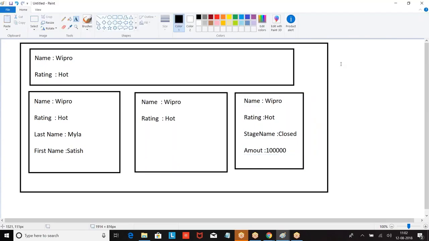Now this is how we got. Now, if you observe this, multiple components are trying to get the same data from the database.